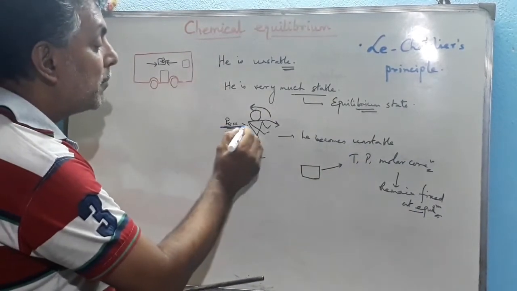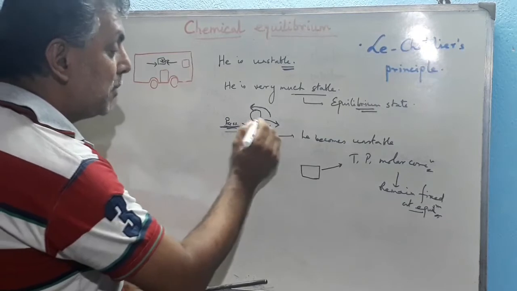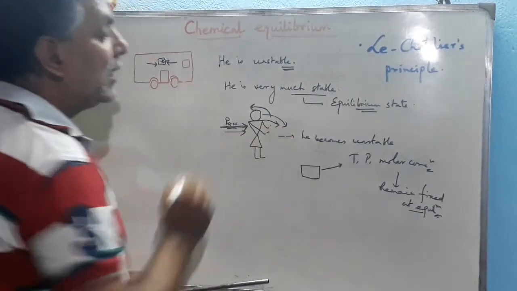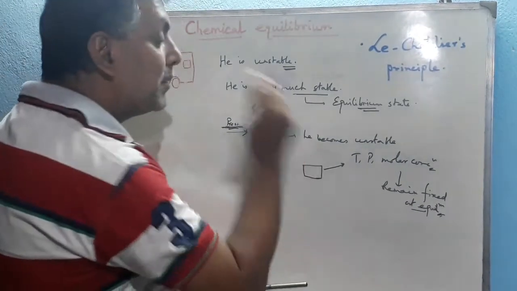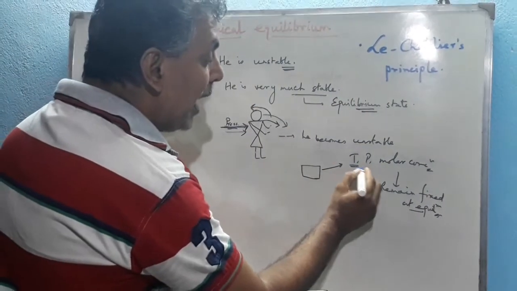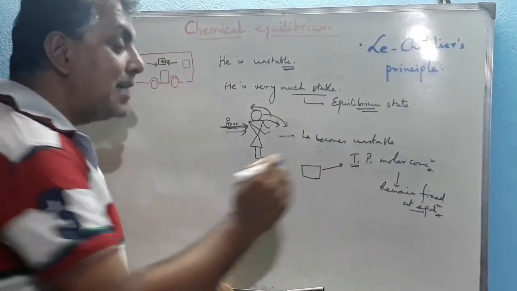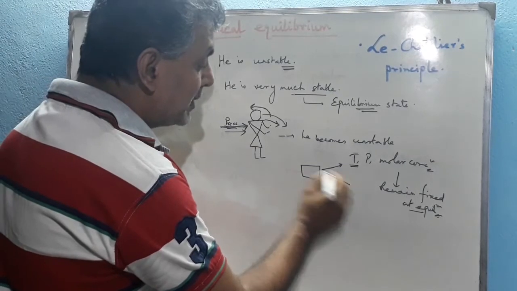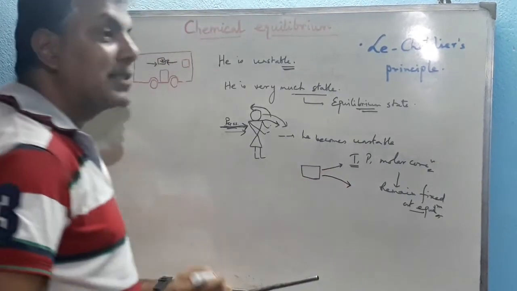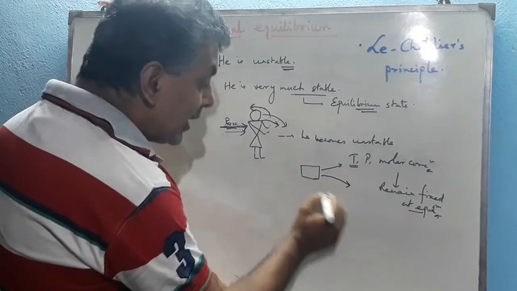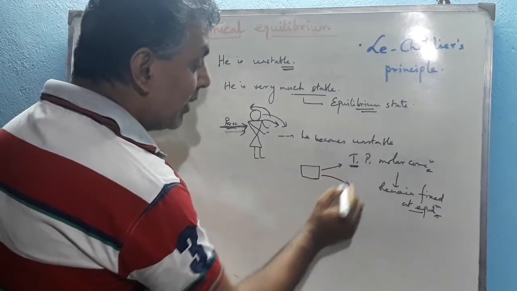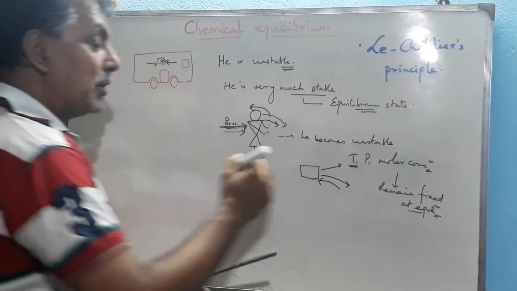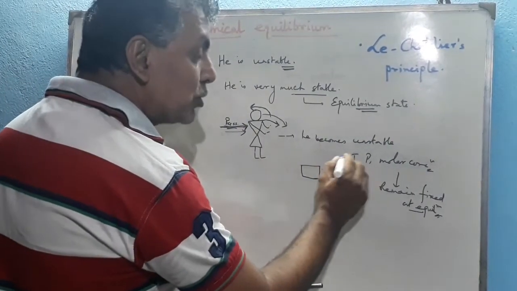If we press this particular person from this side, he will be shifted or bent in that direction, and hence it becomes unstable. That's why here also, after reaching the equilibrium, if we change any one of these conditions, then that will shift the system from equilibrium towards a more unstable state, and hence to overcome this effect imposed on it, it has to shift in the opposite direction with respect to the effect imposed on it.